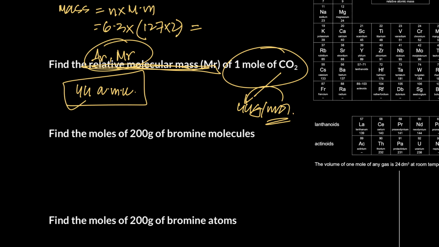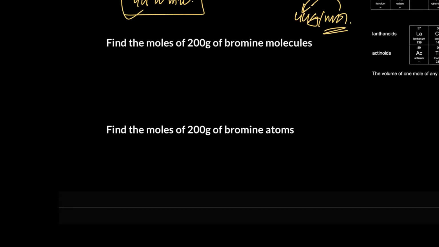फॉर नाउ जस्ट अंडरस्टैंड व्हेन द एग्जामिनर आस्क्स यू टू कैलकुलेट द रिलेटिव मोलेकुलर मास, जिसको वो MR कहता है, इफ ही आस्क्स यू टू कैलकुलेट द AR, इफ ही आस्क्स यू टू कैलकुलेट द MR और मोल्स की इंफॉर्मेशन गिवन होती है, तो आपने मोलर मास निकालना है विच इज द मास ऑफ 1 मोल ऑफ एनी सब्सटेंस, और यू कैन कैलकुलेट दैट फ्रॉम द पीरियोडिक टेबल। उसका यूनिट बदल देना है, ग्राम पर मोल की जगह AMU डाल देना, दैट्स इट। इसमें फर्दर फर्क चैप्टर 2 में आपको समझाऊंगा। ओके, फाइंड द मोल्स ऑफ 200 ग्राम्स ऑफ ब्रोमीन मॉलिक्यूल्स।